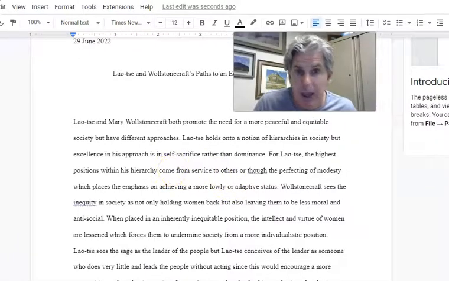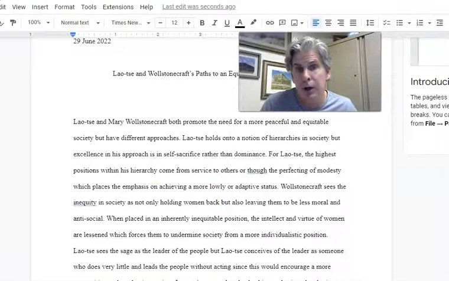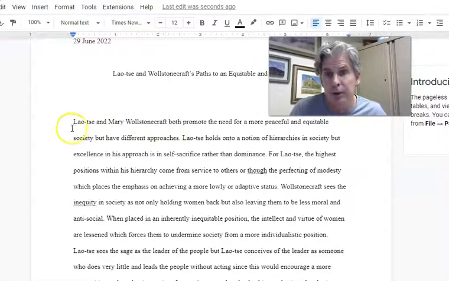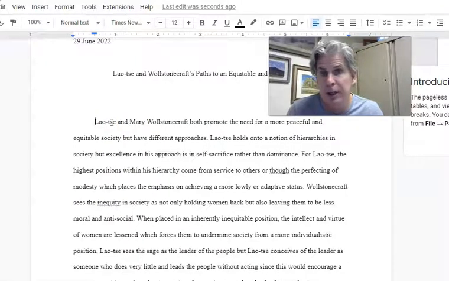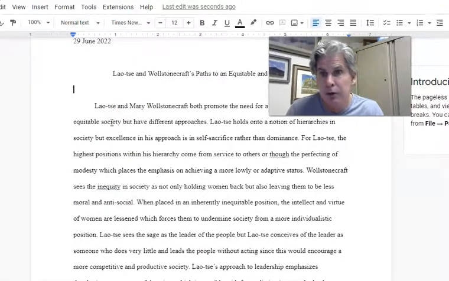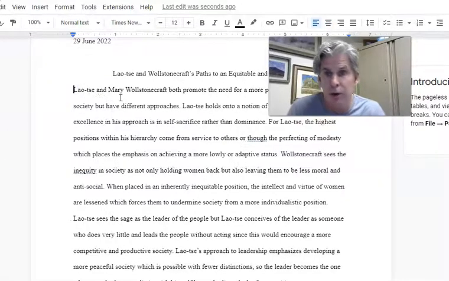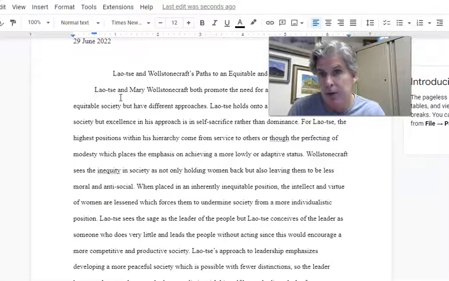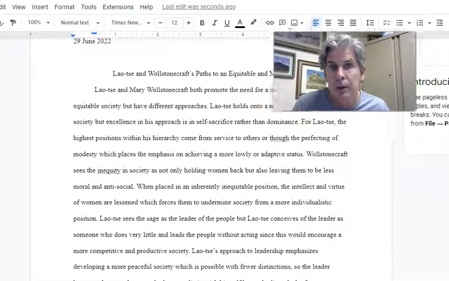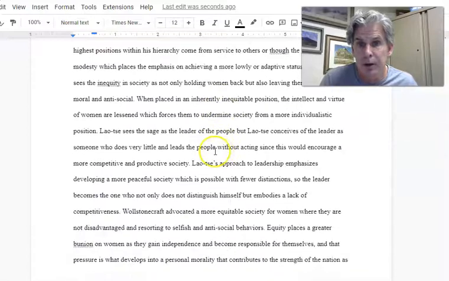Okay, I'm back. Now let me show you how to do the introduction, what it should look like. Now, first of all, it is a new paragraph by itself, so it should be indented. Okay, you don't need extra spaces like that between the title and the introduction. You don't want to start the introduction at the margin either. Indent it. Okay, MLA indents. There you go. And there's my introduction.